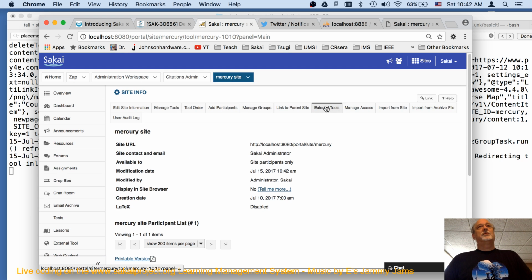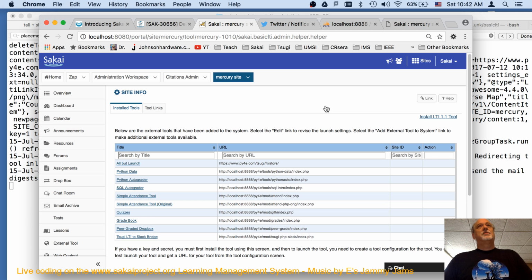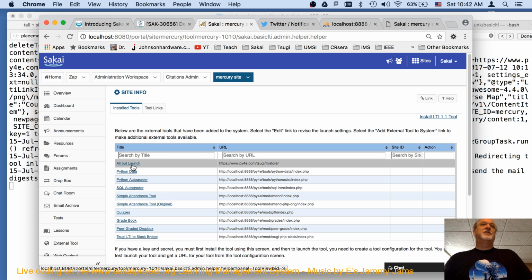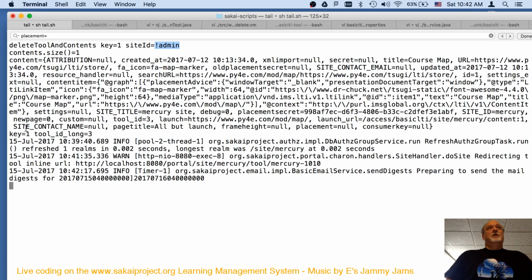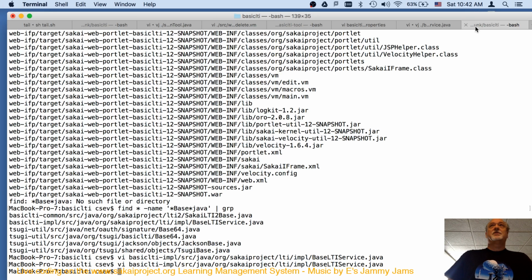And now if I go to external tools, at this point I'm doing a different kind of thing, but I can't delete it here. If I installed it myself, I could delete it, so I'm not the administrator. So if you installed it locally and deleted it locally as the teacher, because now I'm in the Mercury site, the problem is that I'm deleting a tool from the Mercury site as the administrator. Okay, and I think this is going to fix it, but I need to think this through a lot.